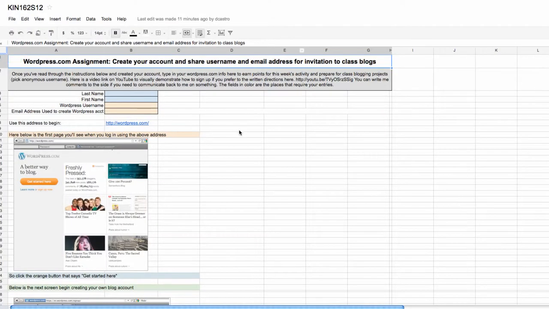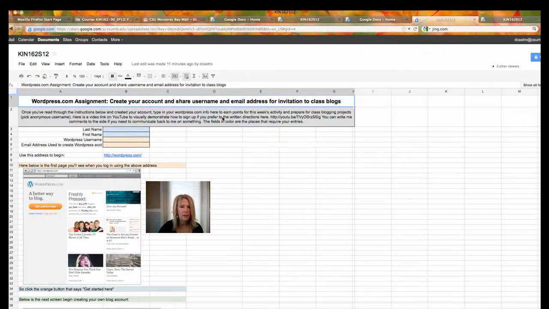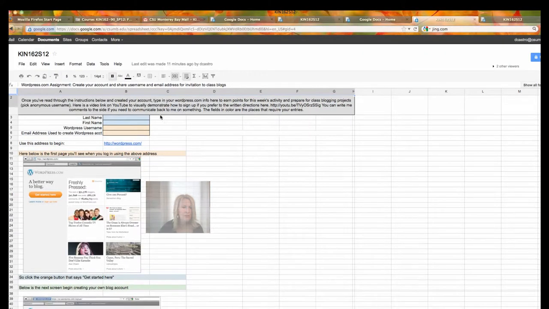So let me just give you a quick little tour of everything. Here is how the Google Doc looks. There's week 1, week 2, week 4, week 5, week 7, week 13. That is six different weeks. We'll be having the Google Doc as our place where we do an assignment. And typically what you'll see is I have the instructions,